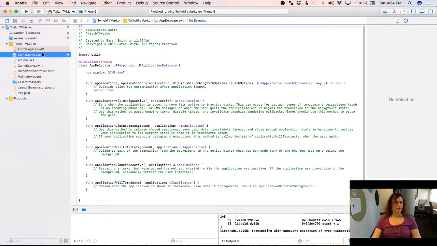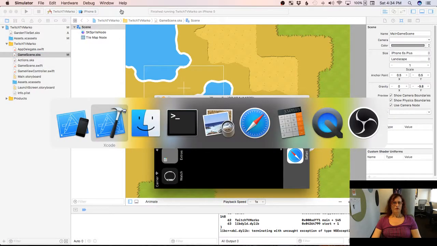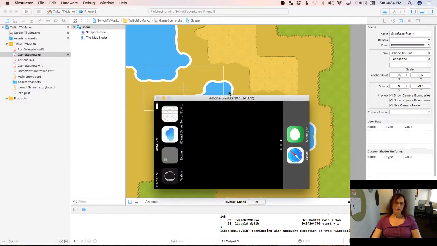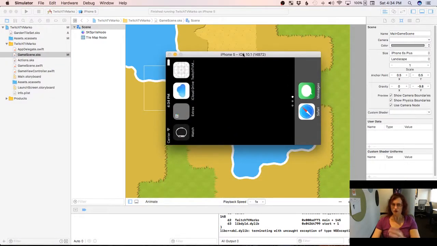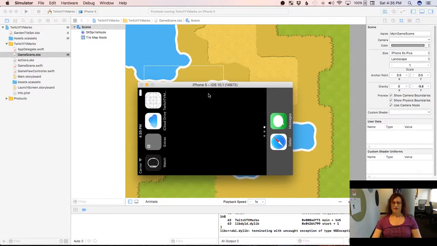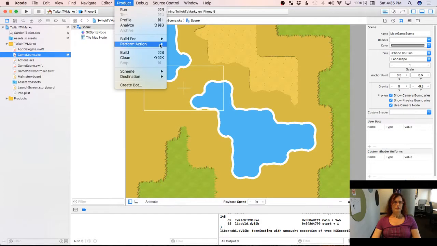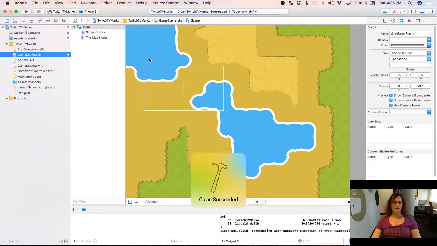Didn't actually display our tile map. So there's our little emulator trying to pretend you're not actually a phone. You're just a pretend phone. You're an emulator. So it's really not doing a very good job of rotating, is it? So let's just do a complete clean